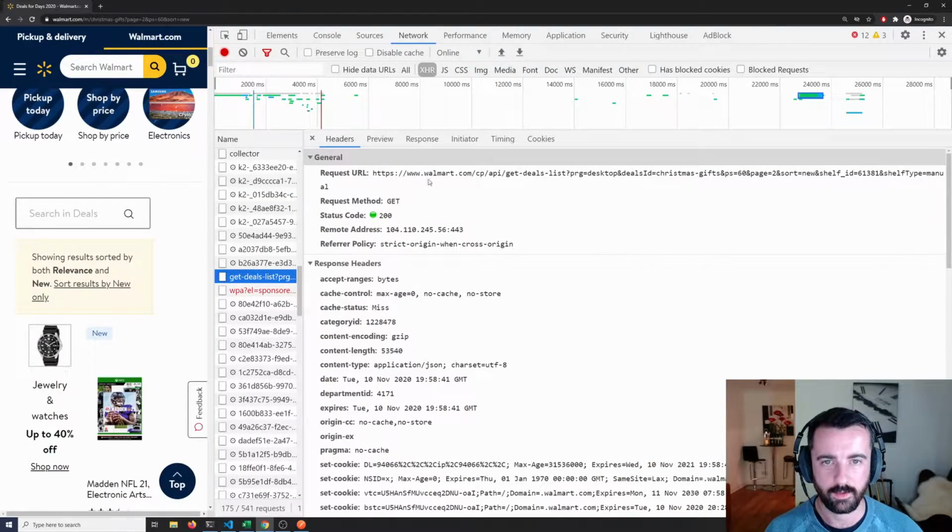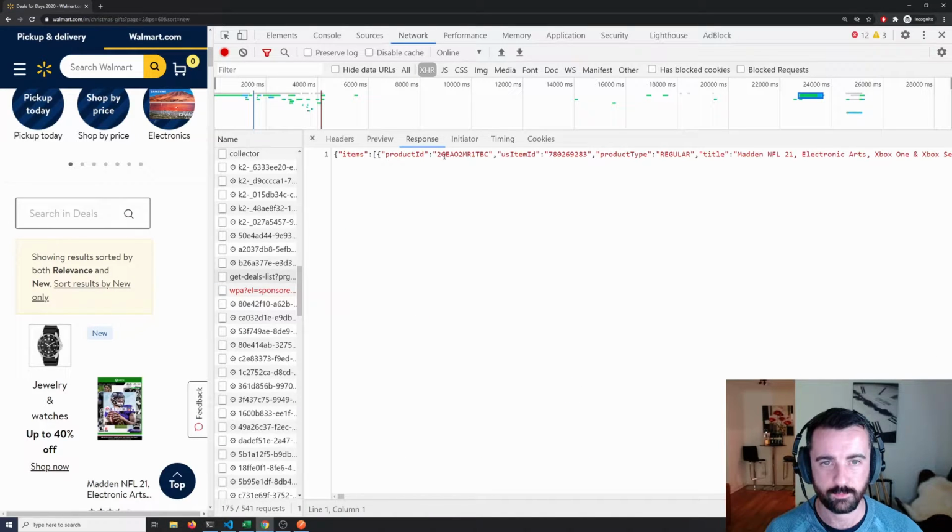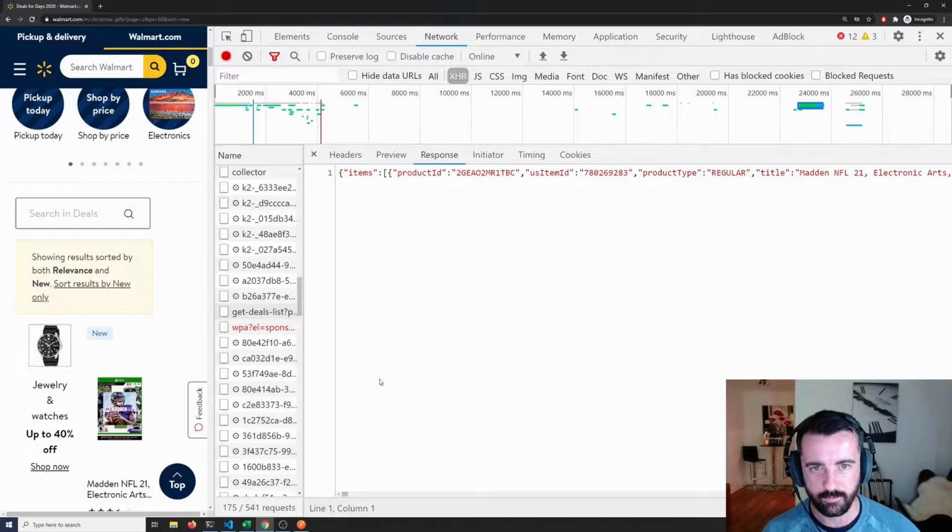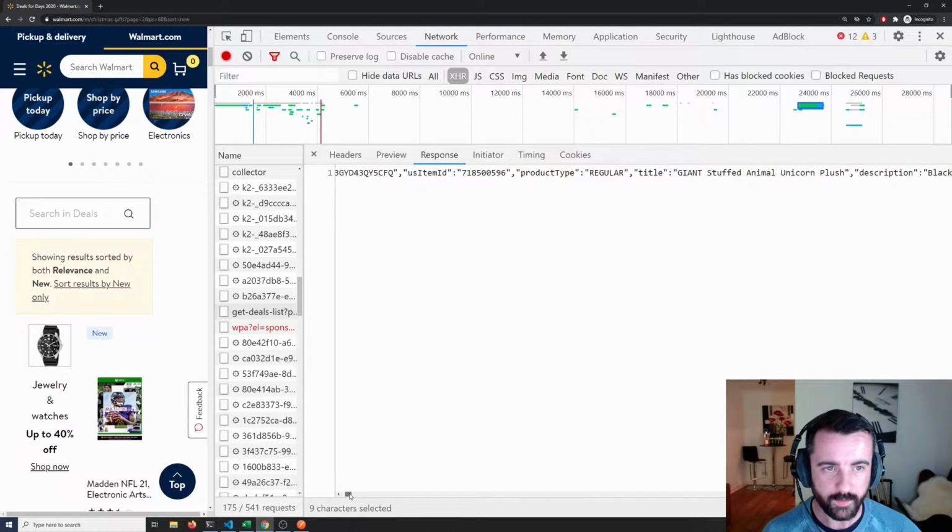And I'm going to look at the headers and then preview the response. Now this looks a lot like a load of JSON data, and the fact that it starts with item and then product ID makes me think that this is exactly where we want to be. So scrolling across, we can see there's a load more information. If you're not sure whether this is the data that you want, a good way to do that is